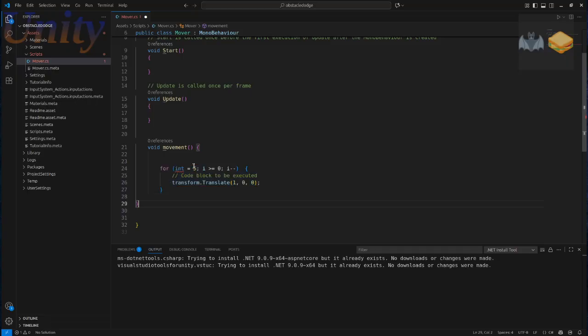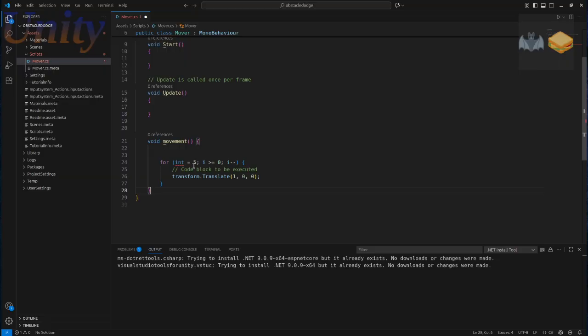So, what did we just do? We just wrote a void. We just wrote a function. We called it movement, and then up here we can call the movement function, right? So it should work. Void movement function, and run this code. And so we initialize this. For I equals 5. Let's see if this runs. So Control S,